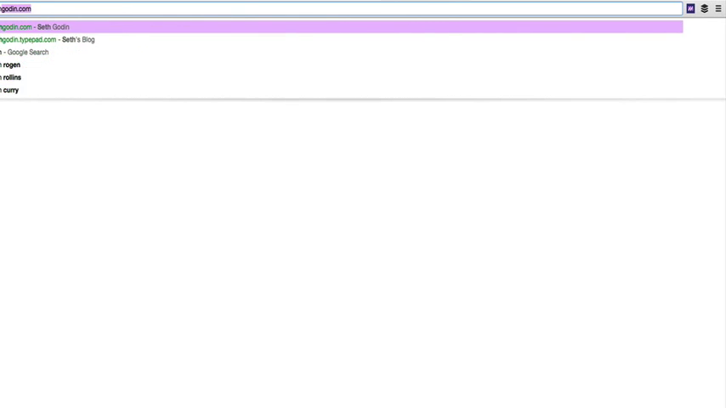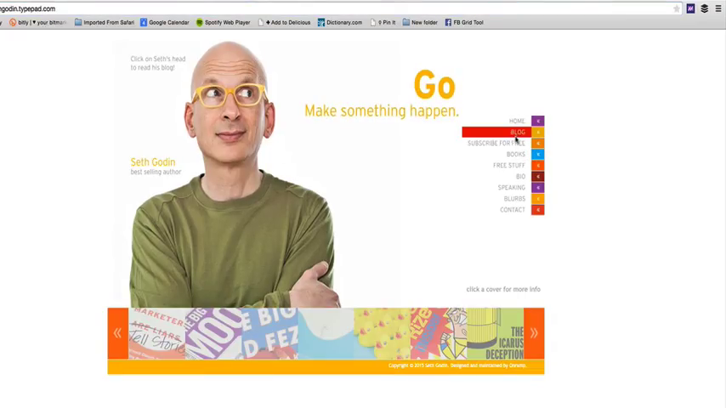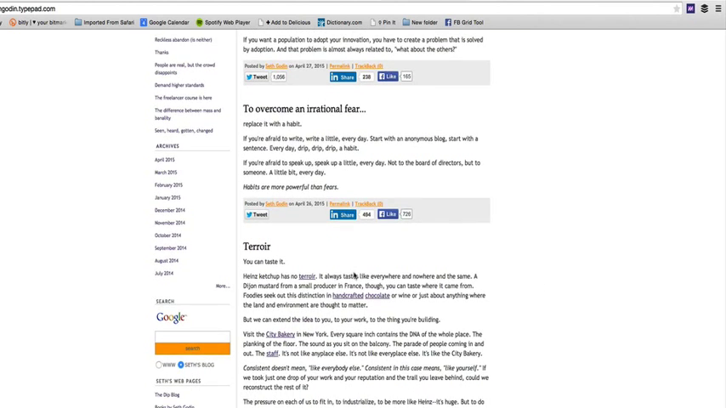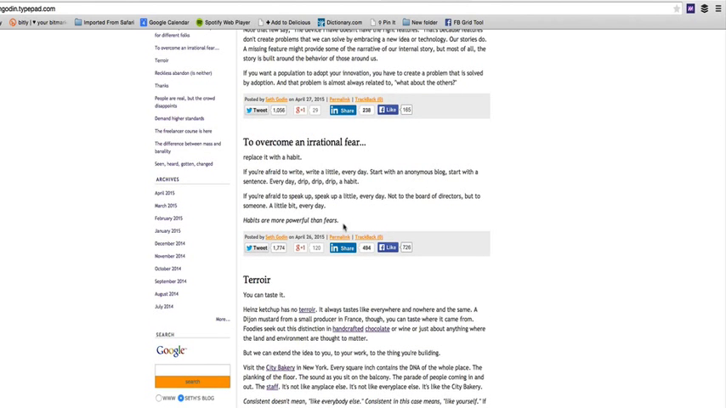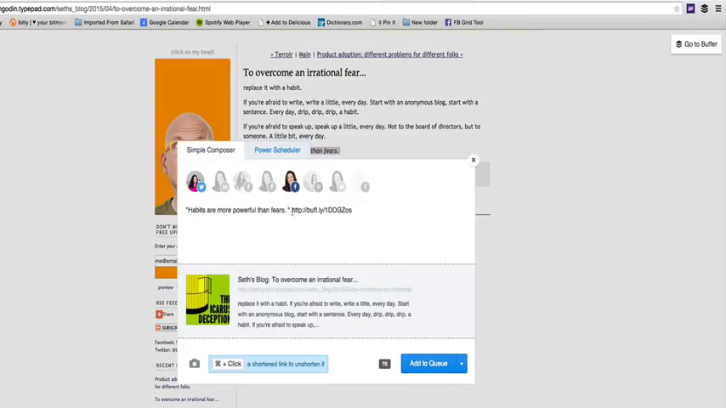that you can use Buffer is I'm going to go to my man Seth Godin's blog. I really enjoy the things that he writes, and he tends to be very quotable. So here is a quote I just found, and it's, "Habits are more powerful than fears." So I'm going to highlight that, and I'm going to click over here on the Buffer icon, and there is